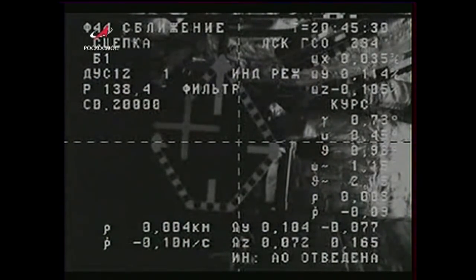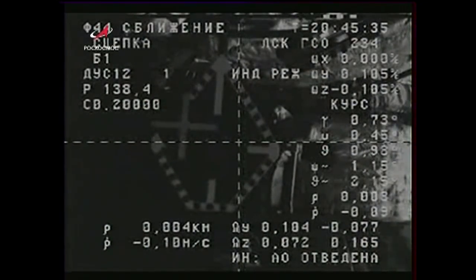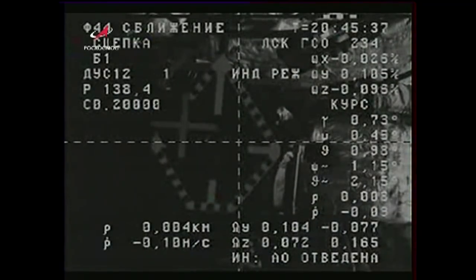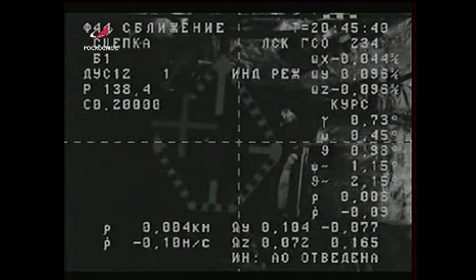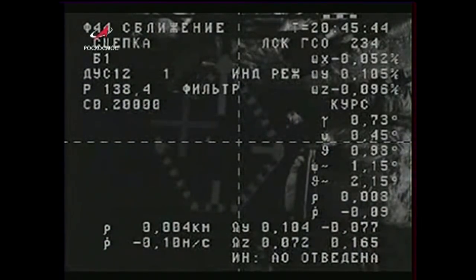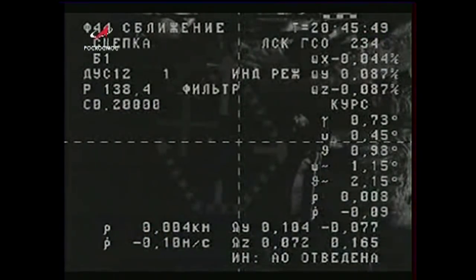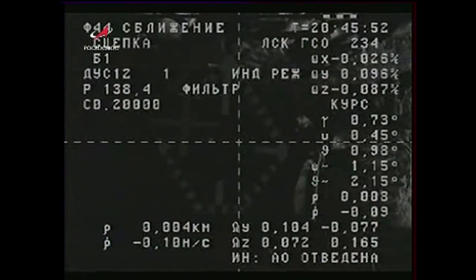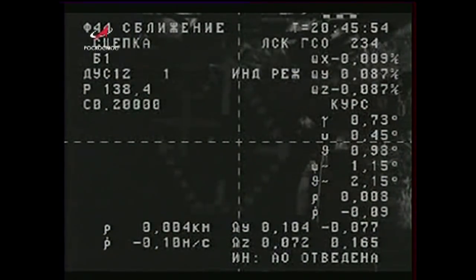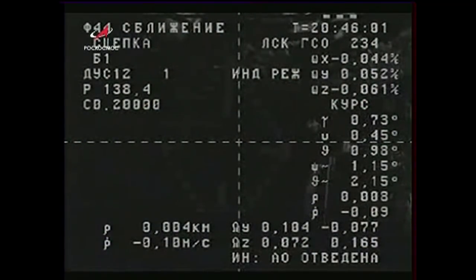And the docking probe is now driving. Docking occurring over northwestern China at 12:45 p.m. Central Time, 1:45 p.m. Eastern Time. The Progress is safely docked to the Pirs Docking Compartment. Right at the end, it appeared as if there was a slight misalignment between the forward docking probe of the